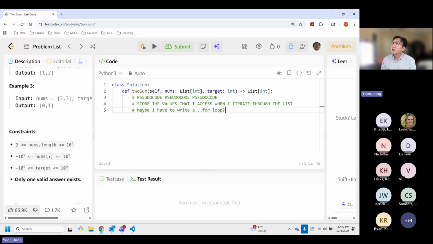So with these types of comments, especially if you have an interviewer and you're talking to them, you want to just talk this problem through. Hey, I think I need to write a for loop, but how do I know I need to return an array or a list? Because we saw this here. So I know this has to exist somewhere. Do you see how I'm just talking my problem through? I'm trying to see what my thought process is for this code.